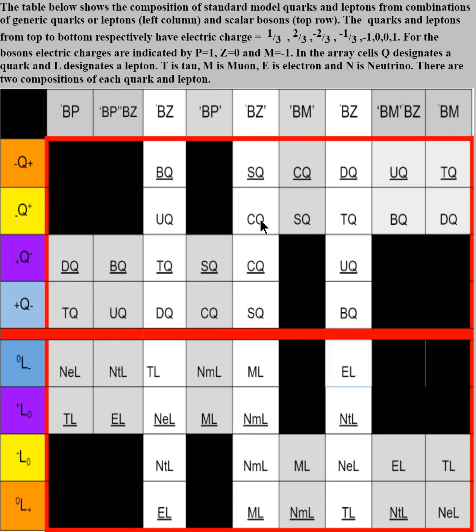But the boson zero now is combining with a generic quark with a plus 2/3 electric charge. And this will give us all the necessary properties of the C quark. And in this case, we will find that the composition will include a